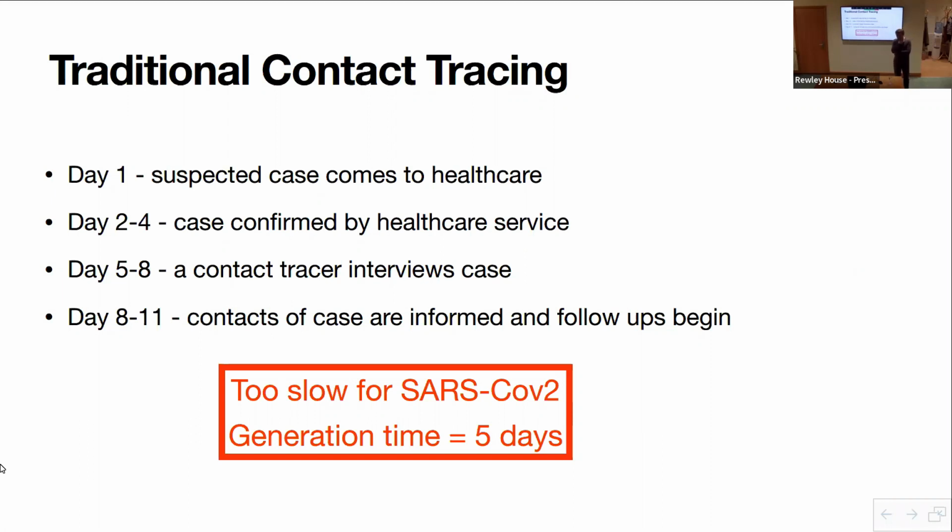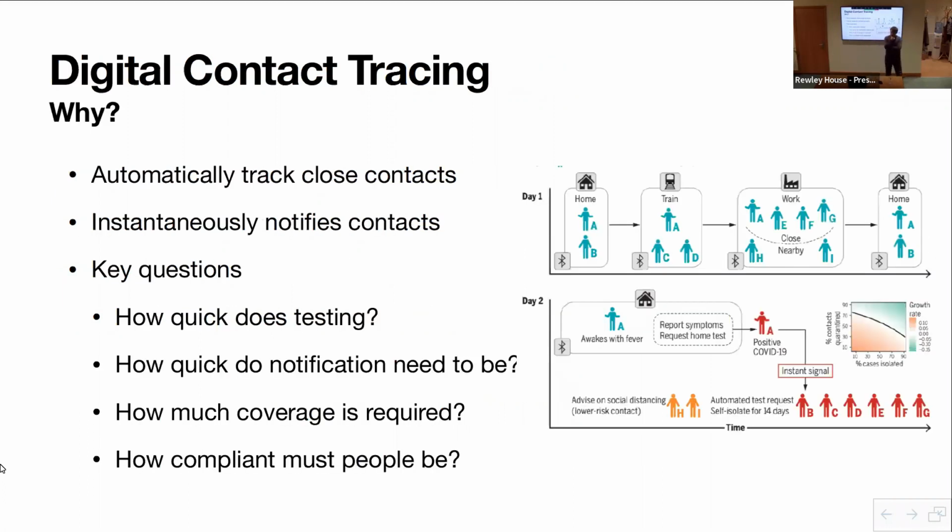So the idea of digital contact tracing is, can we speed this up? Can we shrink this down to be as quick as possible and essentially use some form of technology to allow us to do the contact tracing part essentially instantaneously? So this is where it came about, and probably on your mobile phones you had the NHS COVID app. And what the NHS COVID app was, essentially, was a UK implementation of digital contact tracing.